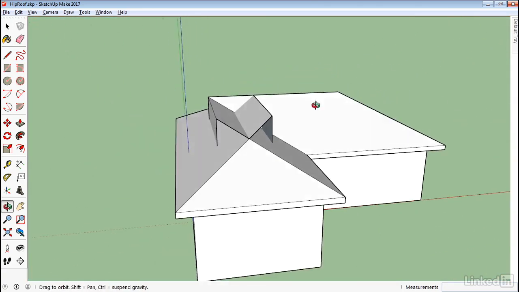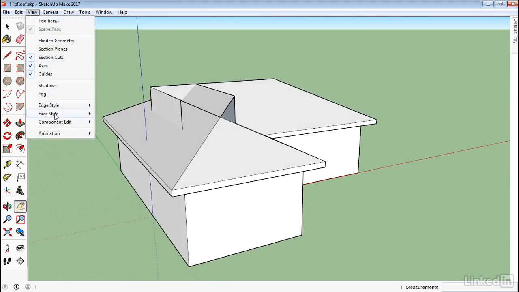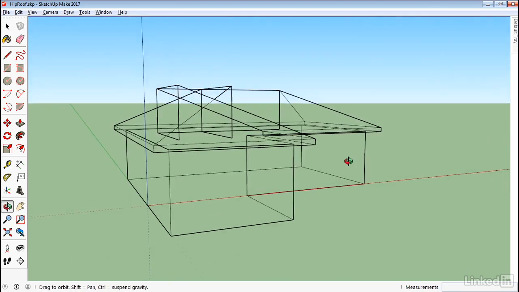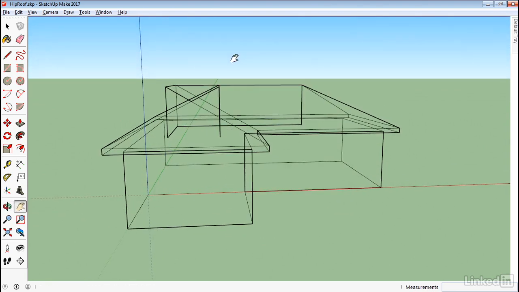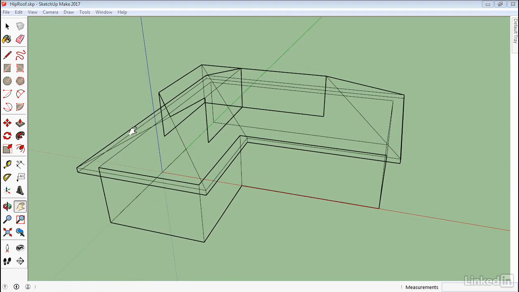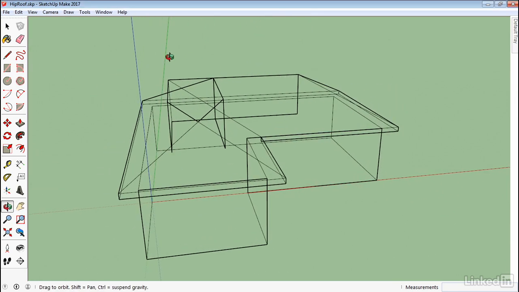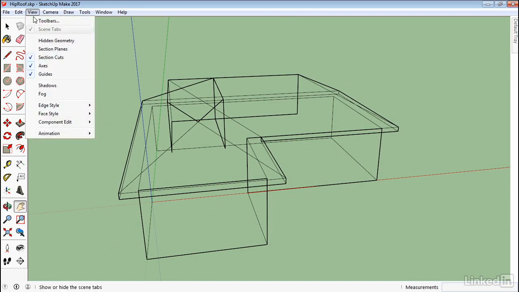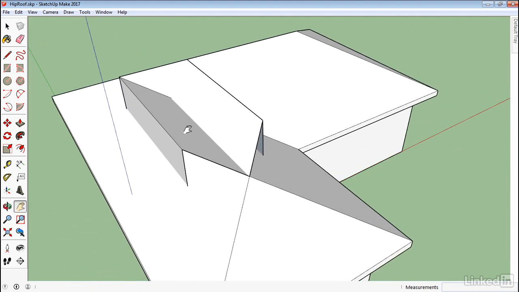Now this is a little bit more complicated, and it may seem a little daunting, but let's take a look at this in wireframe mode. I'm going to go to Face Style, Wireframe, and as you can see, what happened is that it ran this outline along this side and then back, so basically the peak of the roof just kept continuing, which is what we told Follow Me to do. So what we have to do here is draw in what's missing and then delete what we don't want. I'm going to go back into a shaded mode here. As you can see along this ridge line, or where this ridge line is supposed to be,